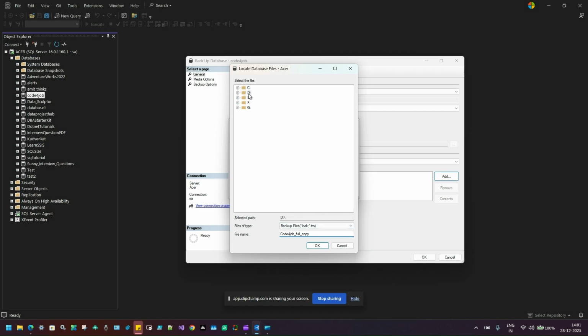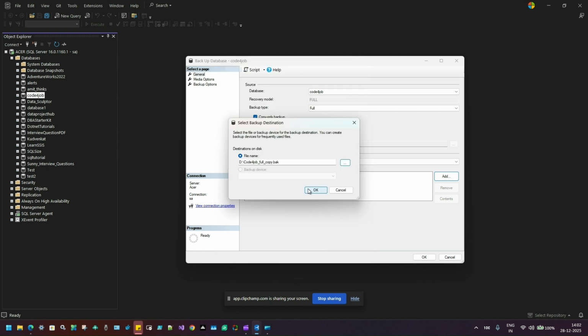So we will select the D drive and we will add the extension of the backup. BAK is the extension of the backup. So we have